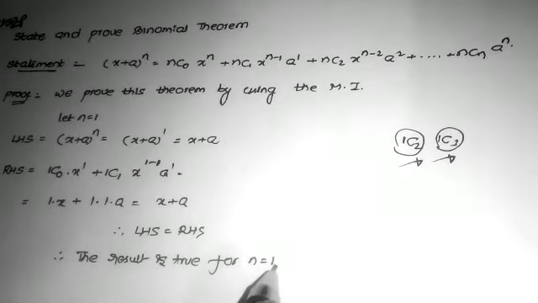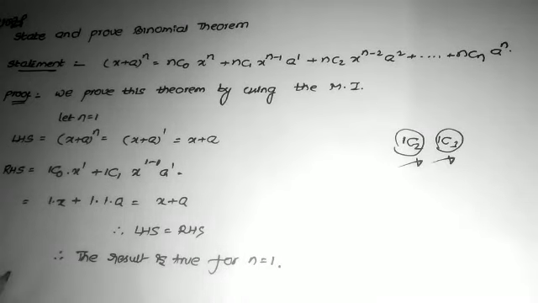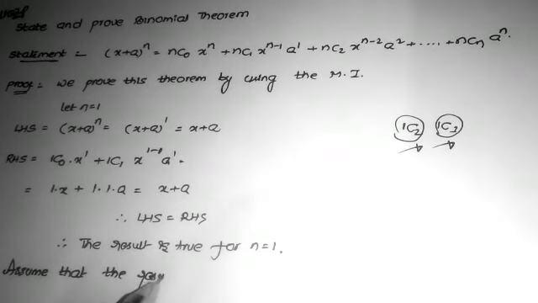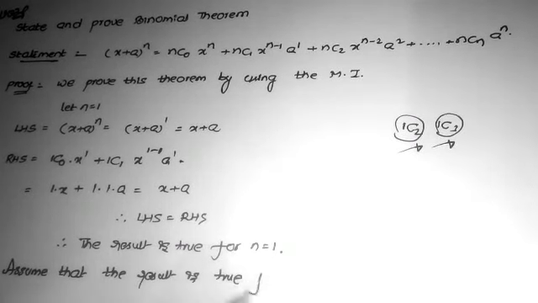After proving that the result is true for n is equal to 1, what do we have to do here? Now we have to assume that the result is true for n is equal to k. That is the next step. Do all of you understand? Now, after proving that, we assume that the result is true for n is equal to k. The result is true for n is equal to k means simply that we substitute n is equal to k